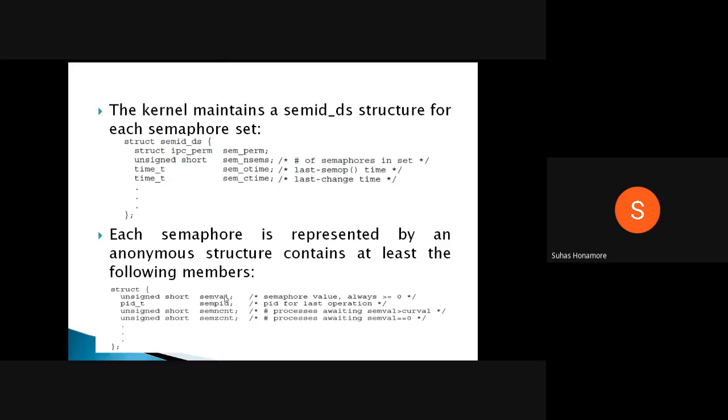So after using, it's automatically incrementing. So these two are the same, different variable names, but both values are the same. This one is maintained by the kernel, this one is maintained by the normal process that is created. Both values will be the same. So after using, values will be incremented.